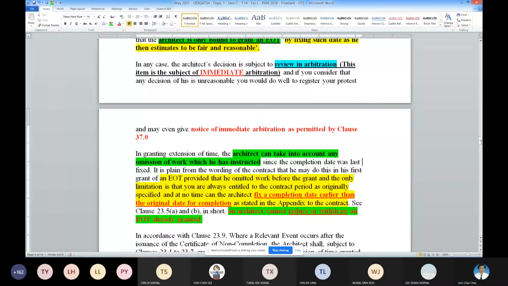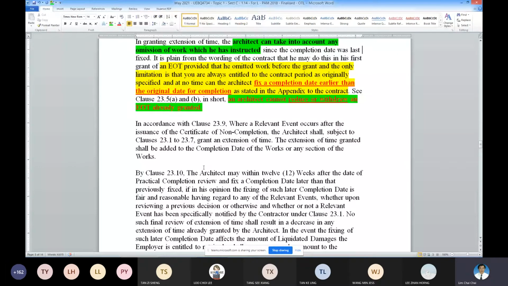So now this one is talking about events occurring after the certificate of non-completion. There are situations when the architect has already issued the certificate of non-completion, but later they find out there is another item appearing during the construction phase under the so-called elongated time frame. An extension of time is needed, so pursuant to clause 23(9),